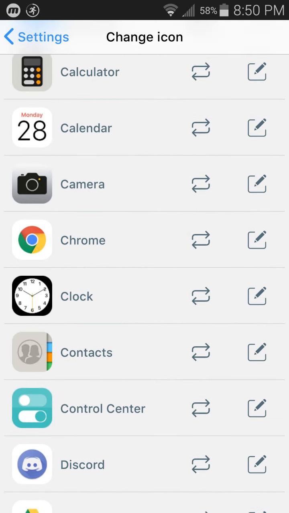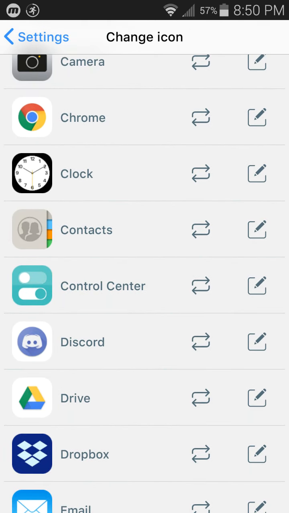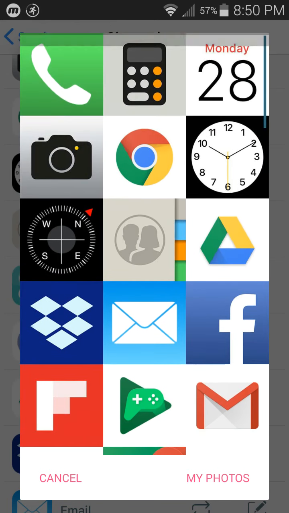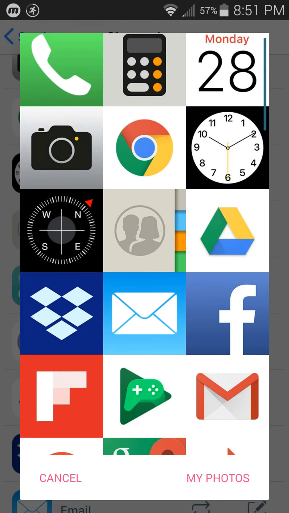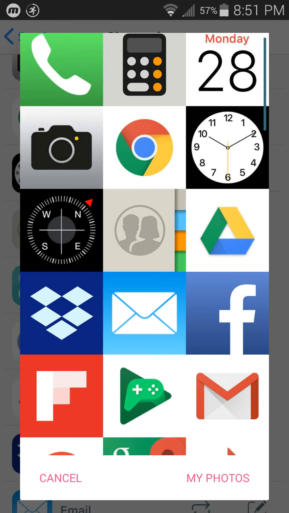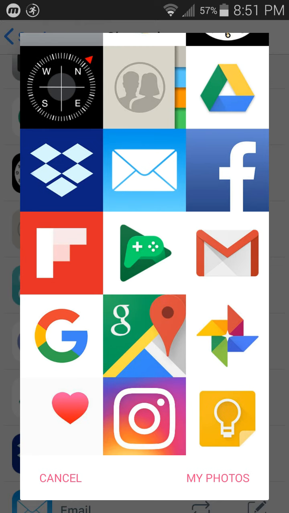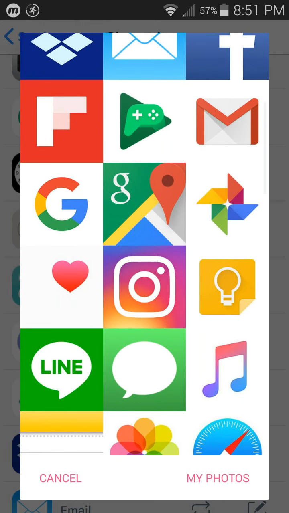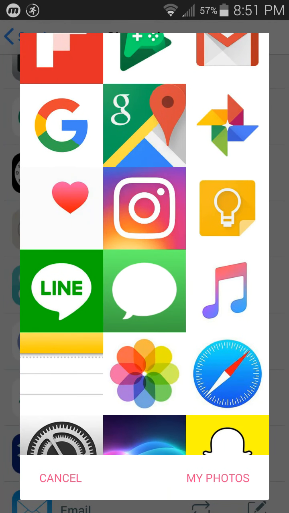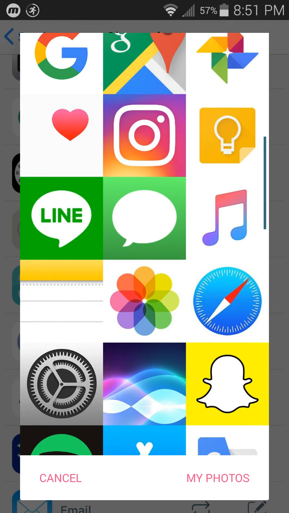If you want to change it, the icons are this phone, calculator, calendar, camera, Google, clock, compass, contacts, drive, Dropbox, email, Facebook, I don't know what that is, Google Play Games, Gmail, Google, the health thingy, Google Maps, Photos, Instagram, Notes,